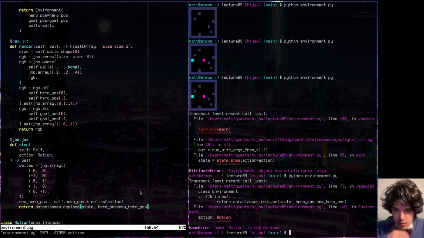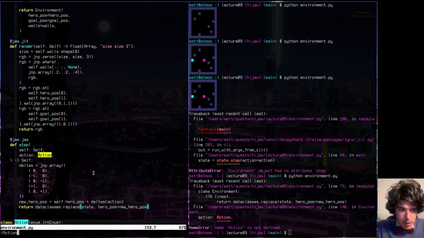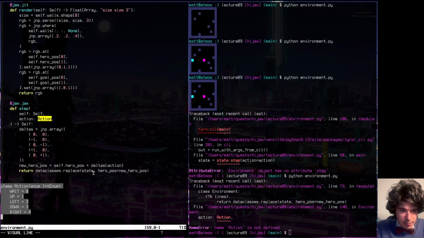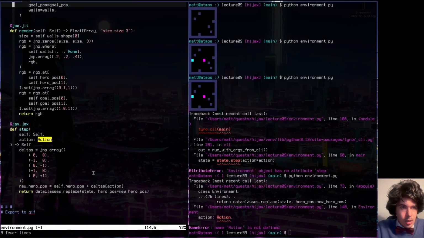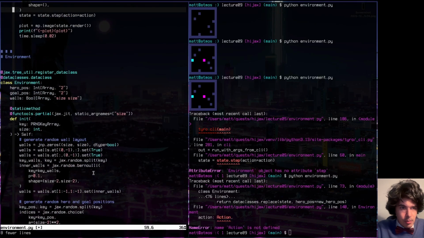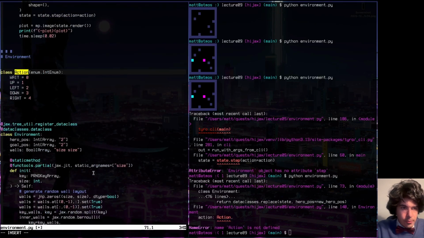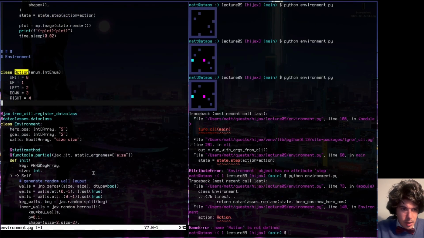I wonder if we'll be able to see it. Okay, we have to define our action before we define our environment, so we can use it in the type signatures in this version of Python. Can't wait to upgrade to 3.14, where I think that would not be the case. But anyway,